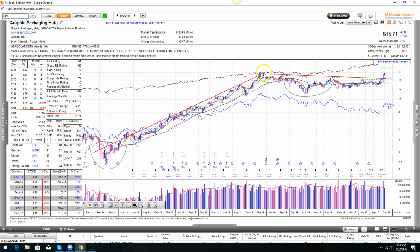After this monster move from 2011 to 2015, this has been in a 3-year consolidation. Have you ever heard the term, the longer the base, the higher in space? I mean, this is my kind of stock right here. Now, I don't know if I have the patience to see this move out, but look, this has been consolidating for 3 freaking years, wearing everybody out, and now all of a sudden it broke